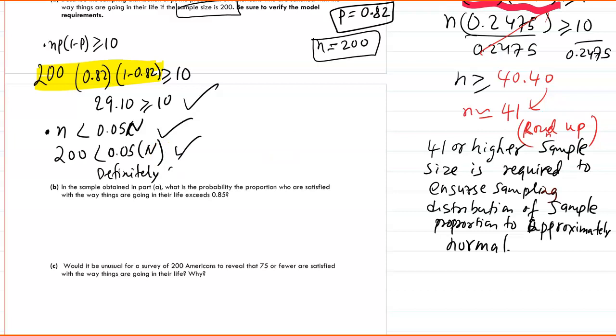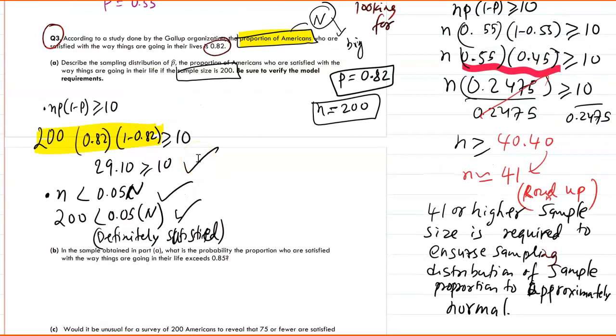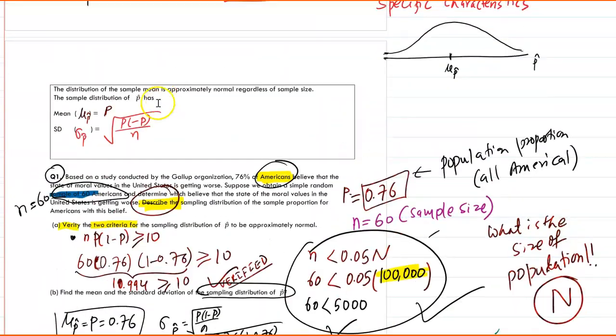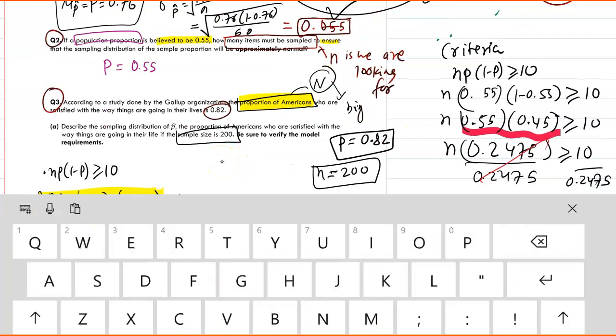Definitely satisfied. Okay. Second criterion, because 5% of uppercase N must be greater than 200. Definitely. Okay. Now you've got to find mu p hat. That's the mean of the sampling distribution of sample proportion, which is the same as p. We know the formula. The p, which is 0.82,